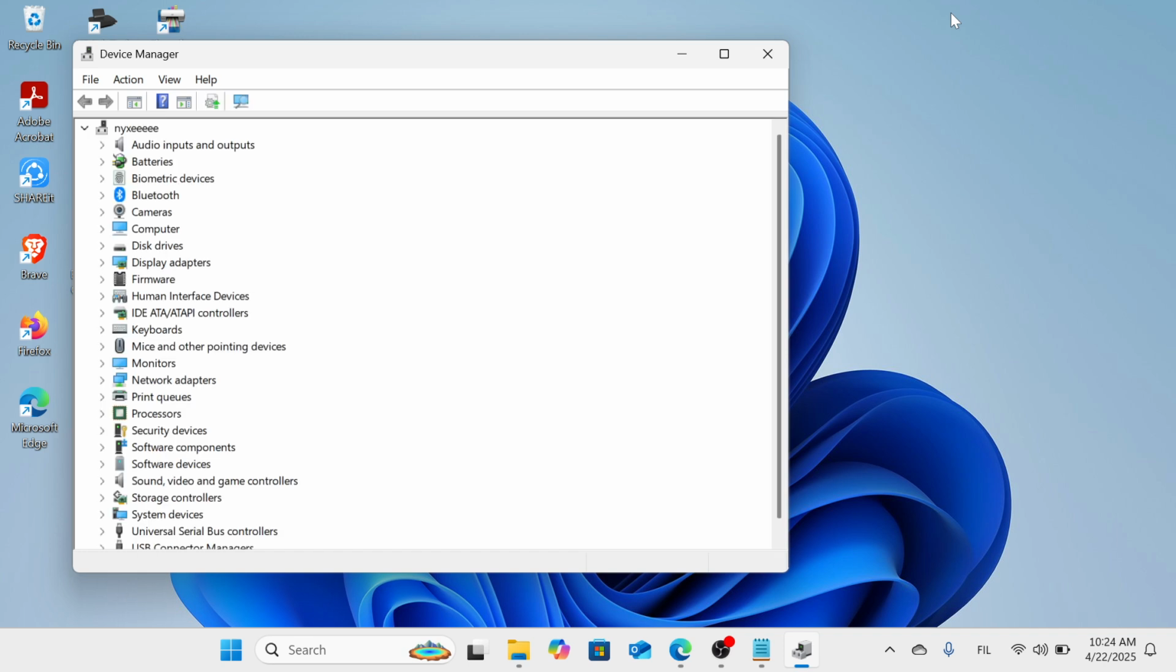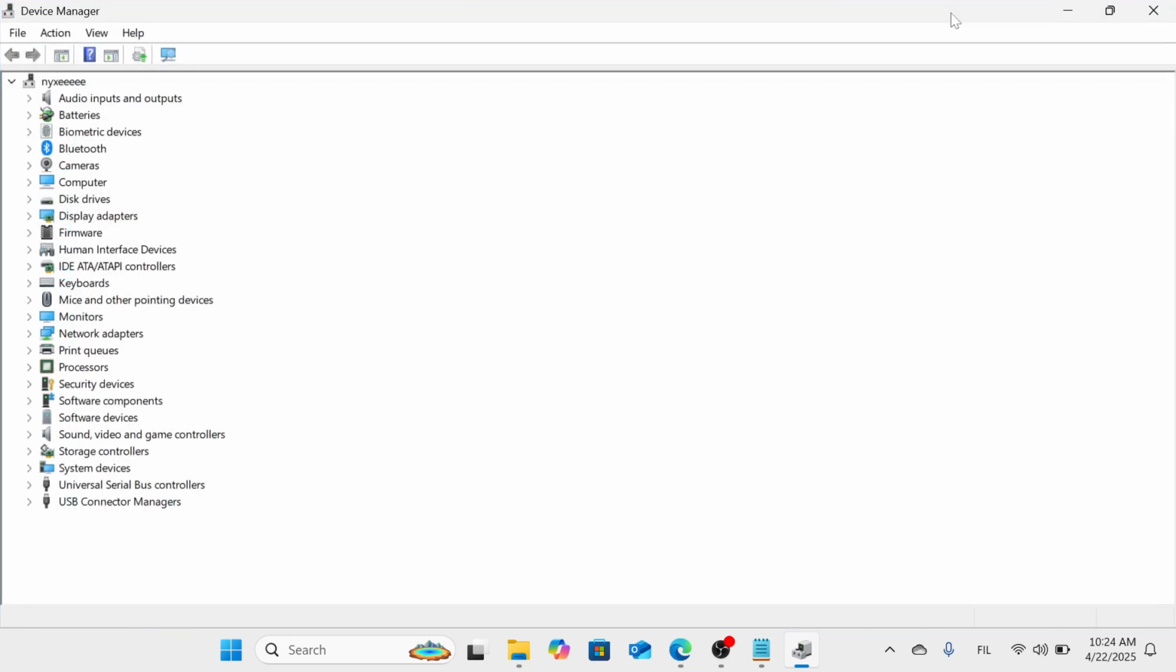All you need to do is press again on your keyboard Alt Space, and then use your down arrow key to select the Maximize option and then press Enter. And then here, please press the Tab key, and then you will be selecting now the computer name. So just use your down arrow key to scroll down, and then we will be going to the Mice and